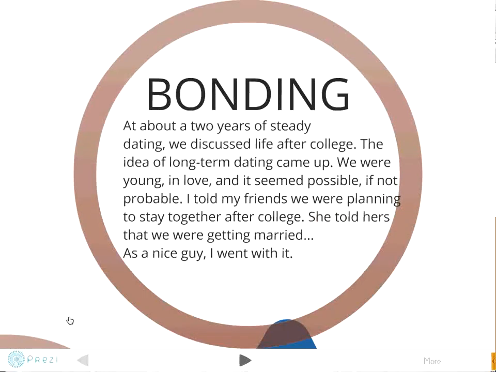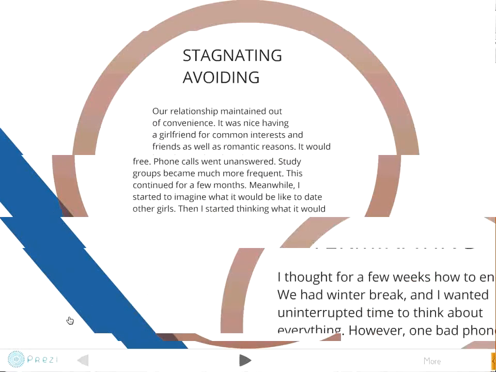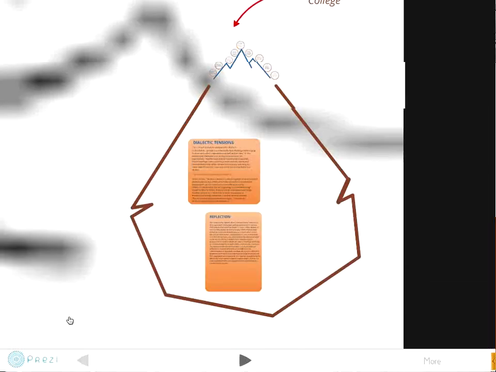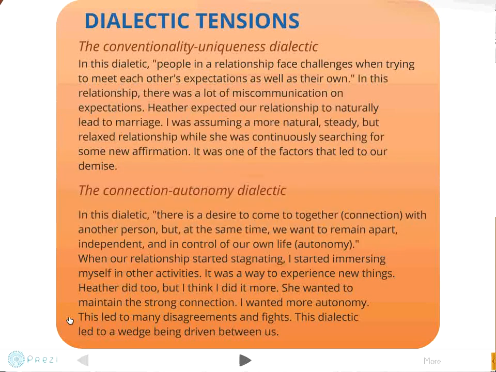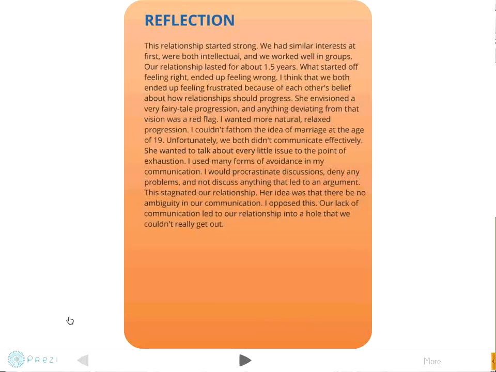And as you're viewing this and as he's presenting it, you're not seeing that big picture. You're just seeing that he's going up someplace, right? And then down. And then you get that it's a mountain, right? But then he's got a whole little essay about the dialectical tensions, which is part of this, but people often do it as a separate PowerPoint slide, and they put a couple bullets. And he has text to describe this. And then he does a reflection, which is not even required.